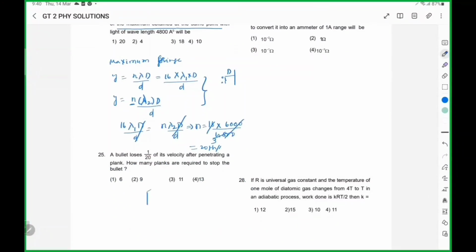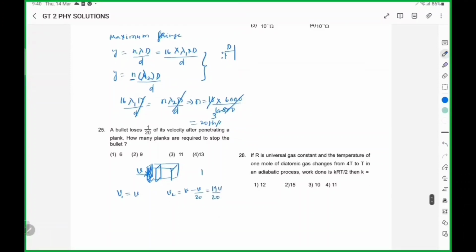A bullet loses 1 by 20th of its velocity after penetrating through one plank. Before entering the plank, its velocity is v, that is the initial velocity. The final velocity will be, it loses 1 by 20, so what is the velocity it has? So we consider